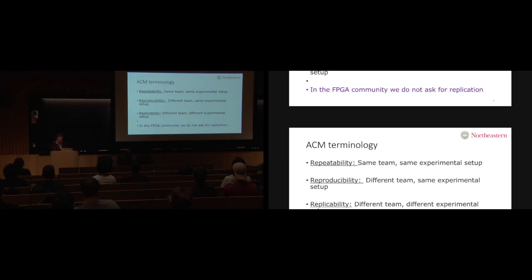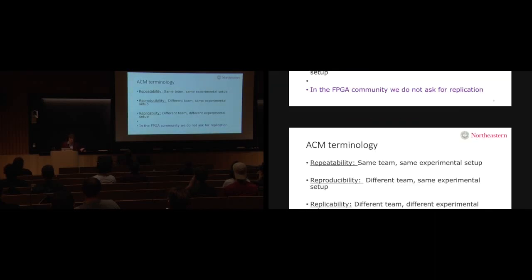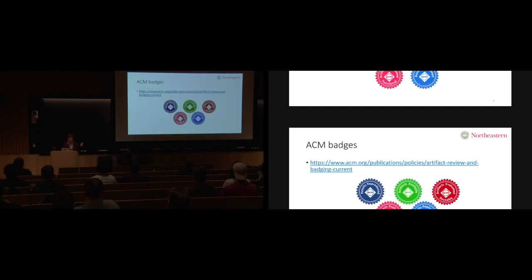So basically, the things we're doing are basically reproducibility. So getting another team to have the same experimental setup and to reproduce the results that someone publishes in the paper. The third tier is replicability, which we do not attempt. So that's a different team taking the tools and trying to apply it in a different situation. So that relates more to scientific software, I would say. But we do provide the reproduce available and functional